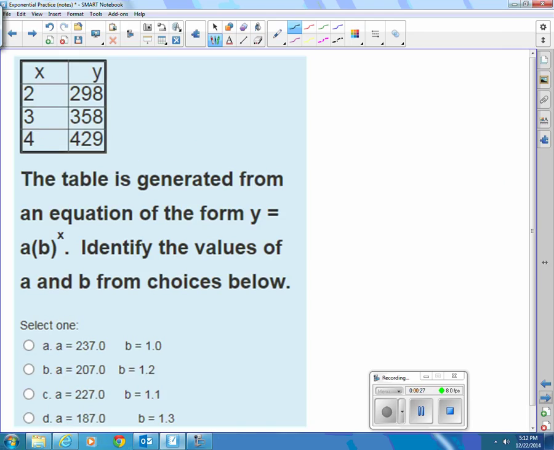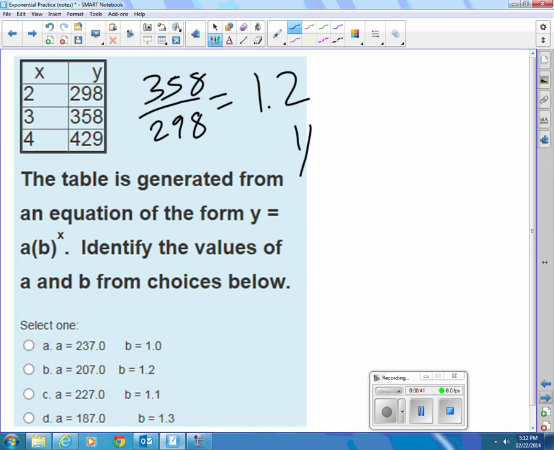Okay, so from a table of values, we could say, well, let's take the next value divided by the previous value. That tells us 1.2. And then if I want to know the starting value, I say, well, the equation is y equals some starting value times 1.2 raised to the x. We could use the second